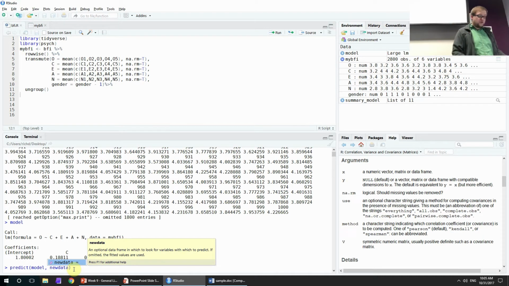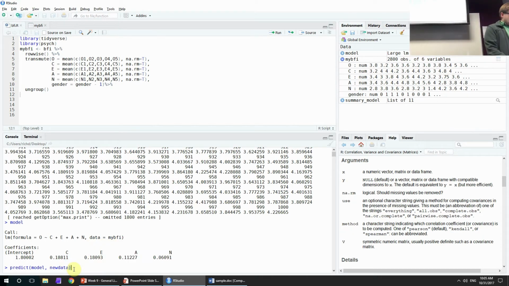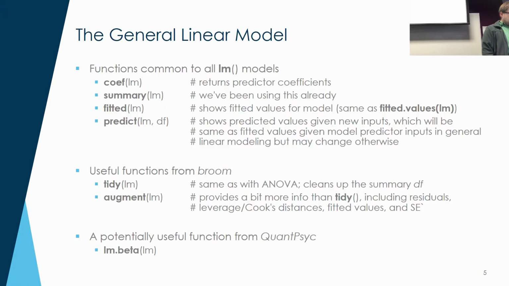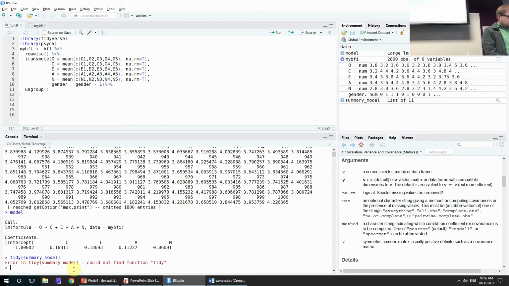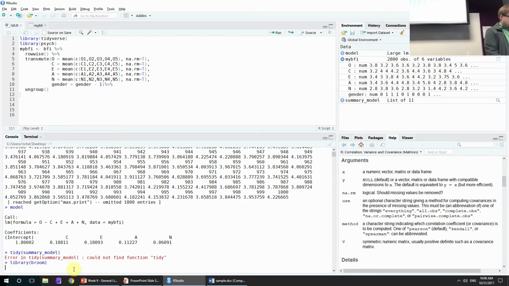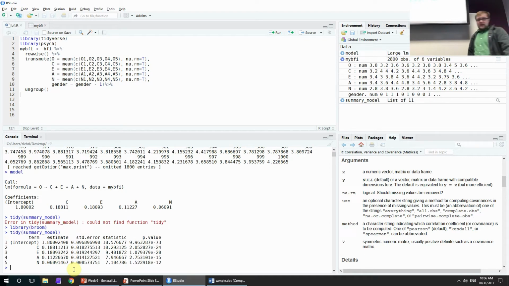So that's the way that you would use that in practice. Okay. Then we have tidy and augment. Tidy we used last time as a way to just very conveniently get some better looking information. I'm going to use, I need broom. Whoops. Library broom. Tidy basically just takes whatever the output is and then flips it in order to turn it